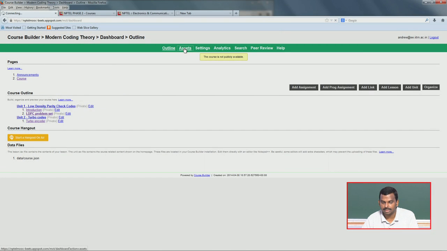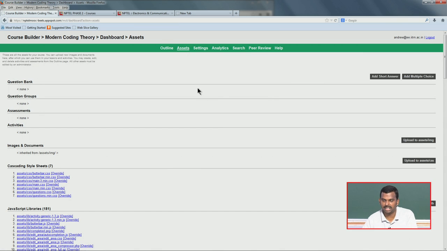Nothing else you can do unless you do some workaround. Let's just go with this way of creating assessments. So how do you create assessments again? You first create the name for the assignment, and then you go into assets and create the actual questions. So how do you do this? Let's click on assets.